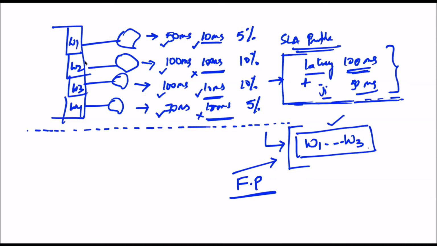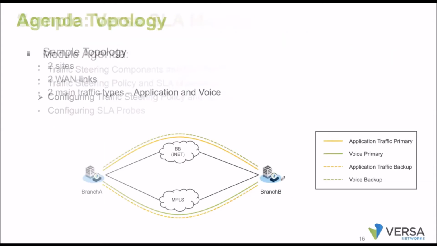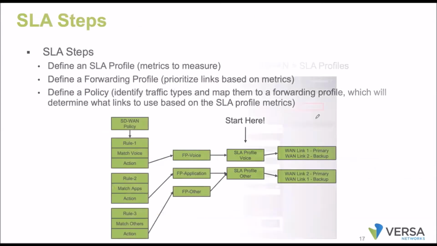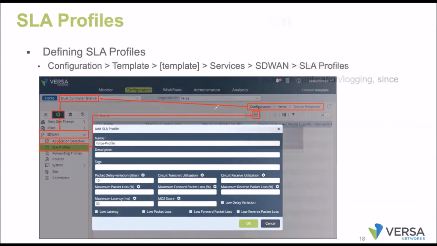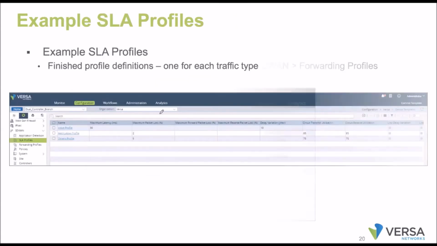The SLA profile will just mention whether these WAN circuits are meeting our criteria or not. But how exactly these WAN circuits will forward the traffic will be decided with the help of the forwarding profile. Now let's try to understand the forwarding profile concept and what options we have in it. So if I go to this forwarding profile configuration.